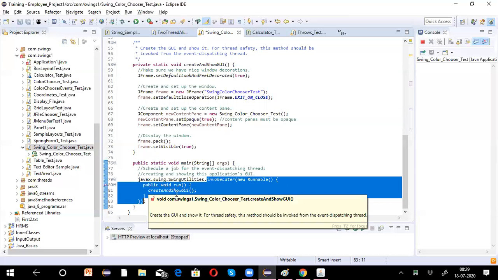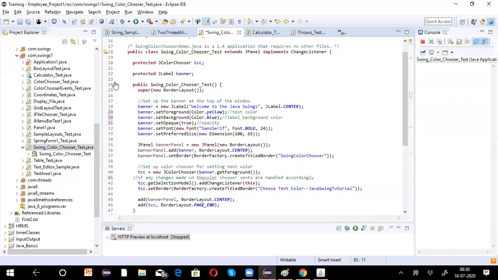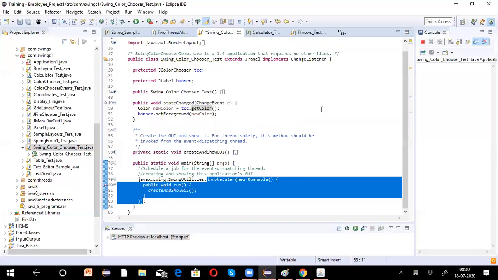What is this createAndShowGUI? This is invoking this particular method. We are executing this example as a thread. In the main method, we use javax.swing.SwingUtilities, a collection of utility methods from the Swing API.